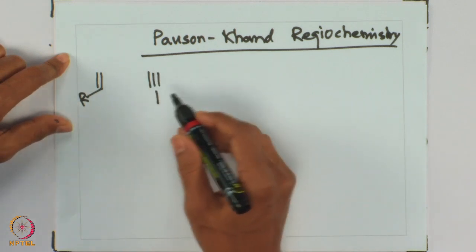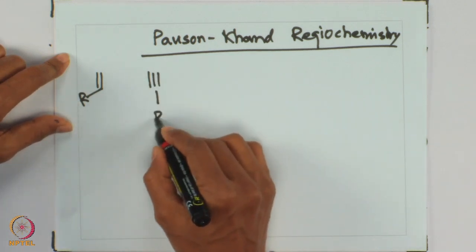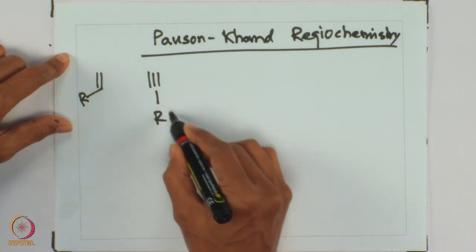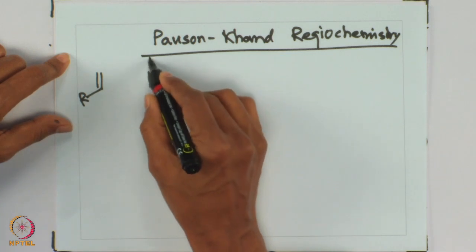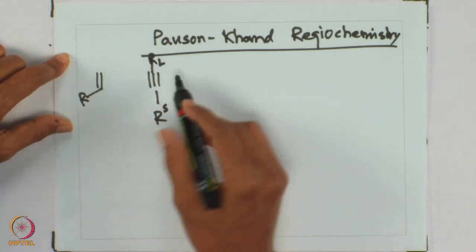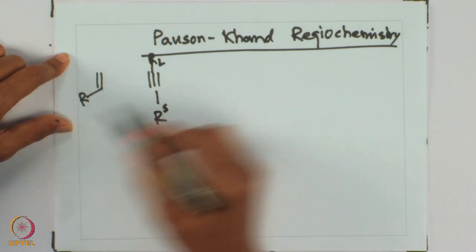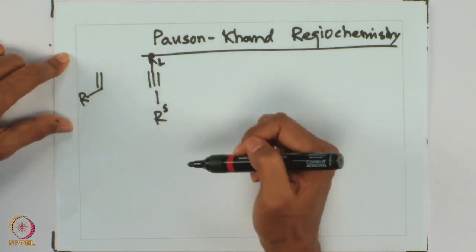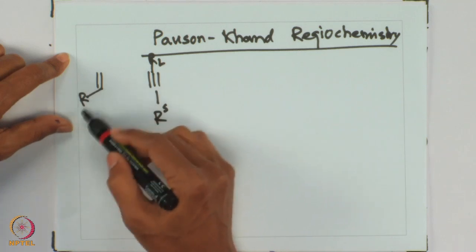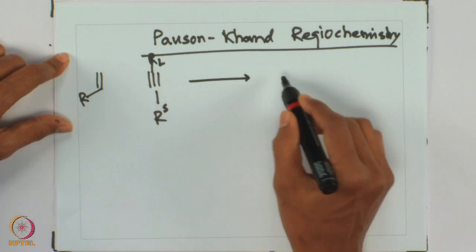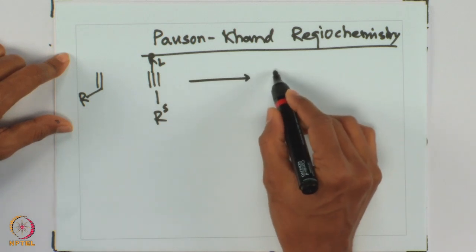Usually a terminal alkyne works better, but if it is an internal or disubstituted alkyne, it still works. Let us say you have R_S, a small group, and R_L, a large group. One large group on the alkyne, another small group on the alkyne, and if they are the same, you do not have any problem. If you have an olefin, let us say substituted as R, the product or rather products in this